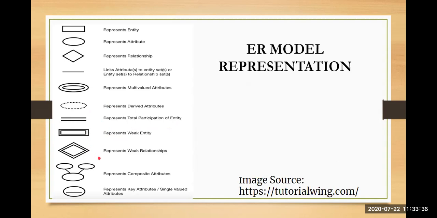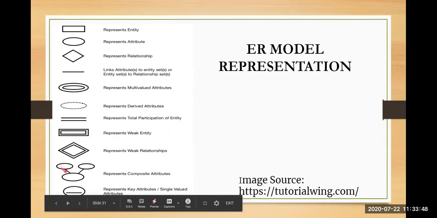Similarly, a weak relationship is represented with double diamonds. To represent composite attributes, there will be one attribute and the composite attributes are represented with bars connected to it, which tells how it is a composition of the one single attribute. And whenever you want to represent a key attribute, you underline it. So that is your ER model representation.